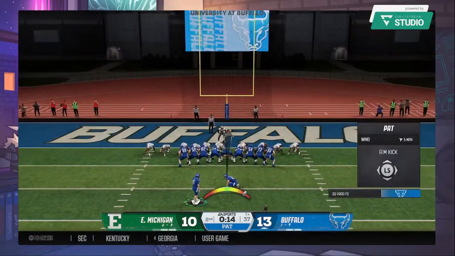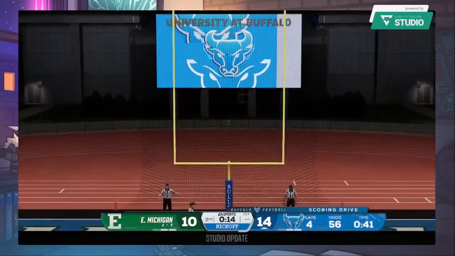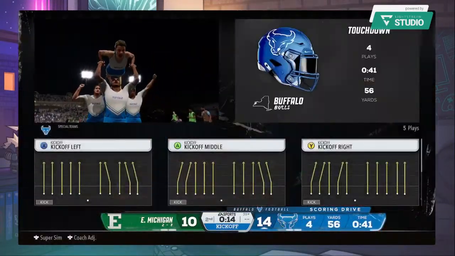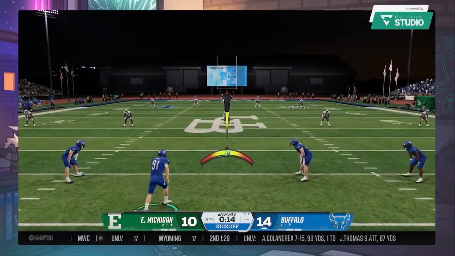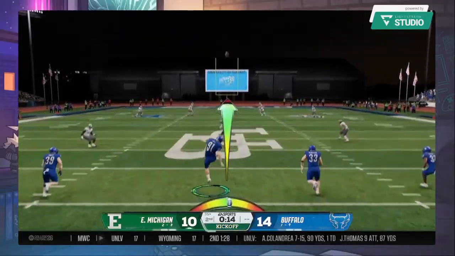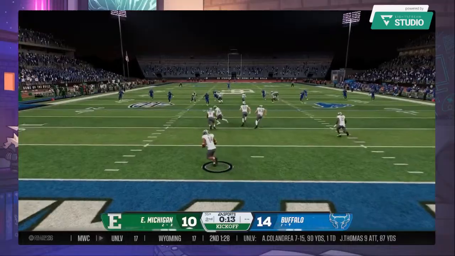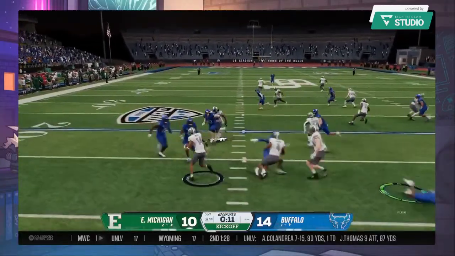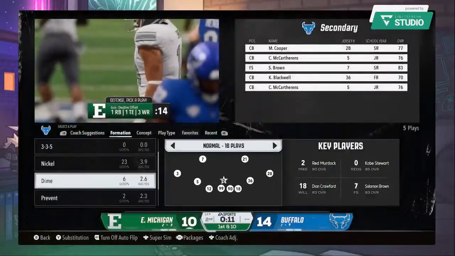A really nice job on their final drive of the first half, David. Calm, cool, collected. They had balance, excellent execution. They're going to take a lead in here at halftime. It's so much easier to go into half with that positive momentum, that positive juice. Now we can point to what we just did. Great job taking the lead. Now you go make your halftime adjustments. Good job by the coverage unit to put a stop to that return.